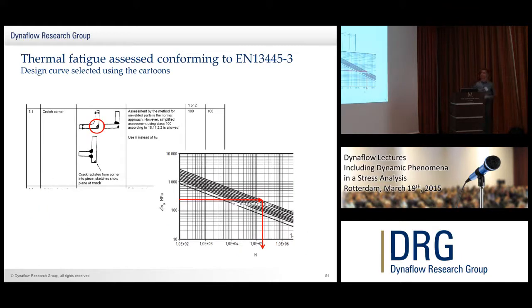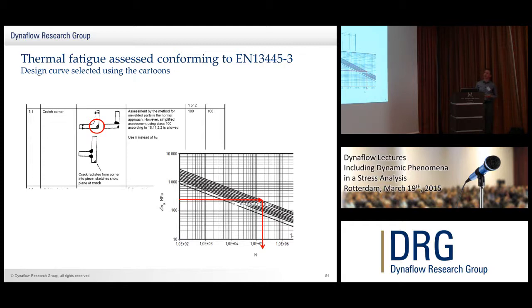So what we then did to analyse this is we analysed it in conformance with the European norm 13445. What we did here is select the critical region. I don't know if you're familiar with the code, but the code will show a number of different scenarios. For example, is it the toe of a weld? What sort of weld connection is it? Is it set-on nozzle or set-through nozzle? For this section, which shows this crotch corner,